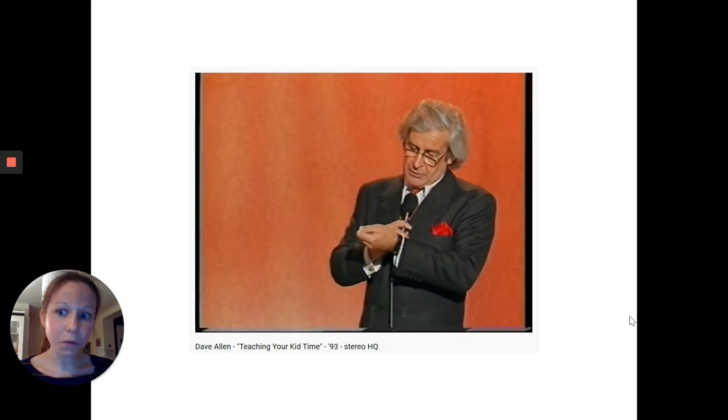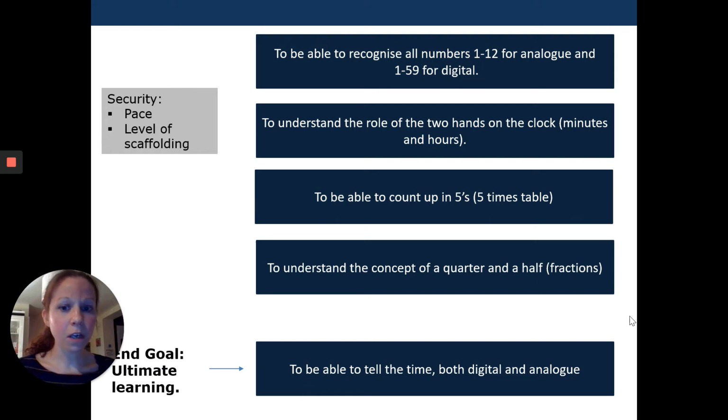And of course, if you tried to teach a child or anybody to tell the time straight off, everything all at once, they would have total cognitive overload. And that was kind of the point that Claire Seeley was making in her excellent presentation that I referred to. So if we want to think about how to support a student to achieve that end learning goal, whatever that end learning goal might be, and in this case, it's being able to tell the time both digitally and analog,